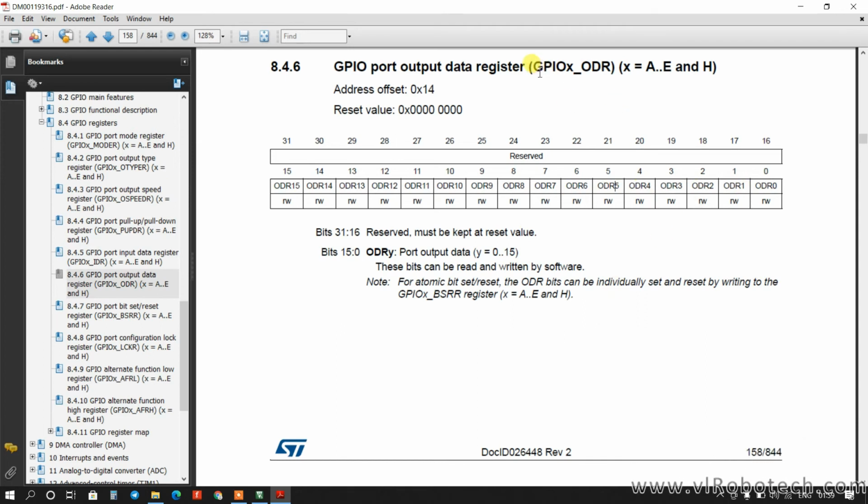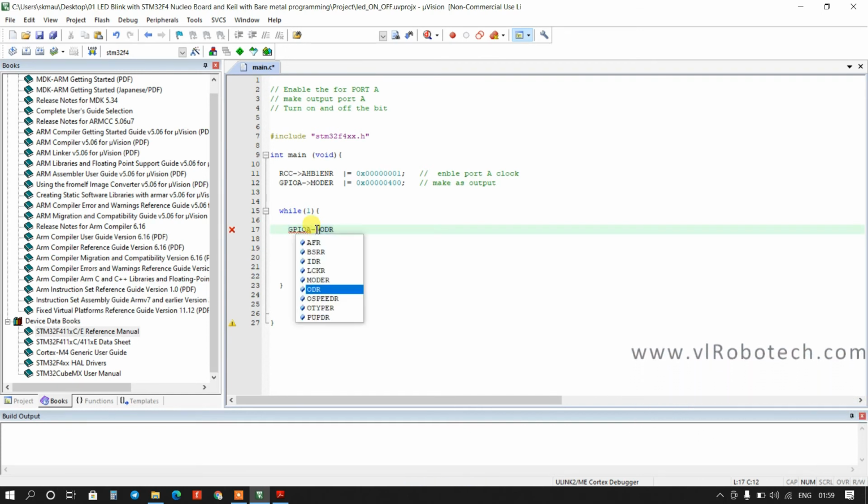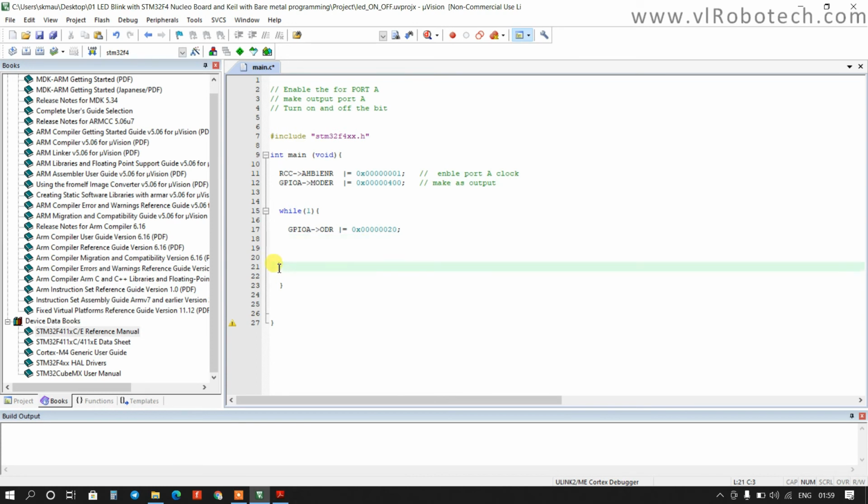Okay, so copy this, paste here, GPIOA arrow ODR OR operator assign 0x00000020. Okay, now the code is ready.